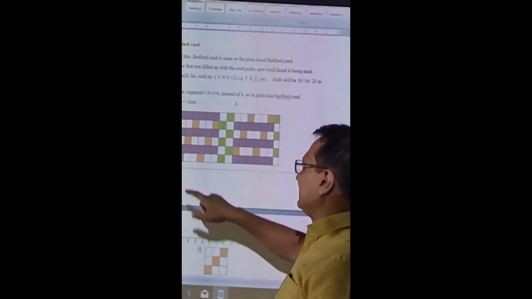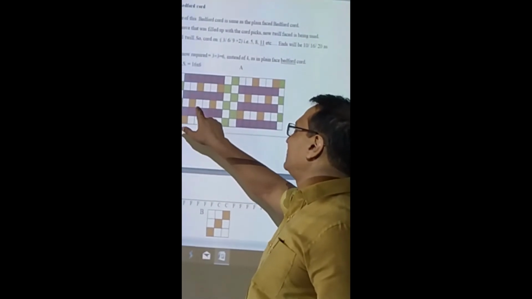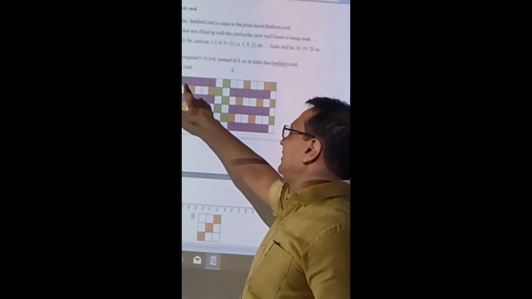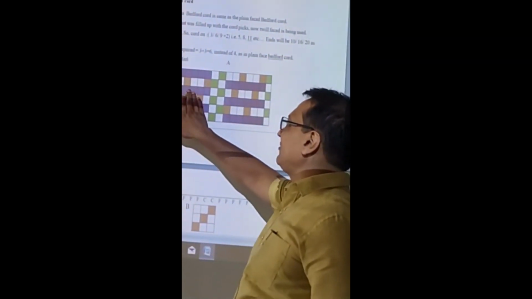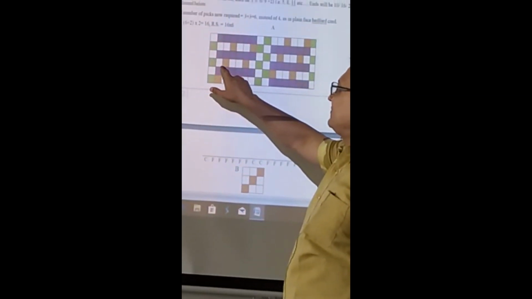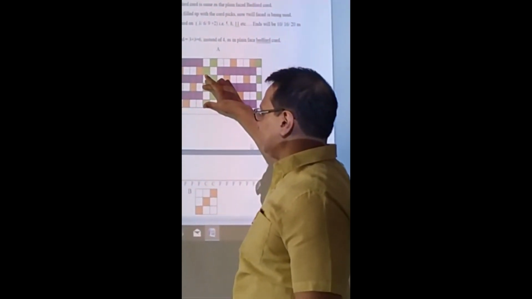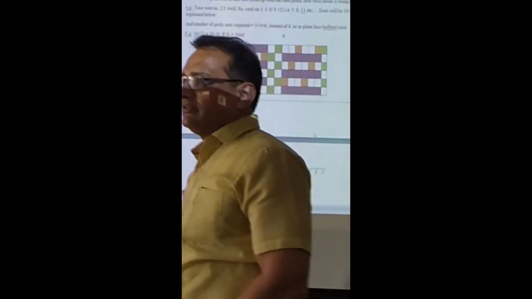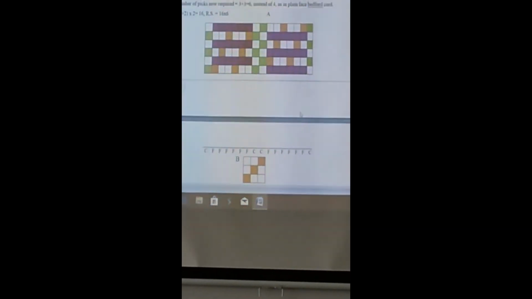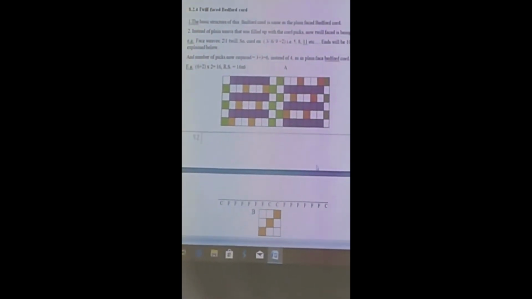Twill phase. Twill. 1 up, 2 down. 1 up, 2 down. 1 up, 2 down. And this is all filled. This is now on alternate picks if you see. Otherwise it should be 1 up, 2 down, 1 up, 2 down. These 3 should be, ठीक है, in the first 3 picks, and then it should have been in the next 3 picks. So we shall be making that way also only.